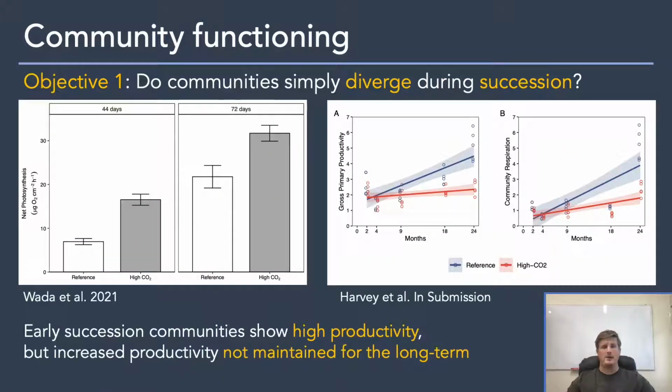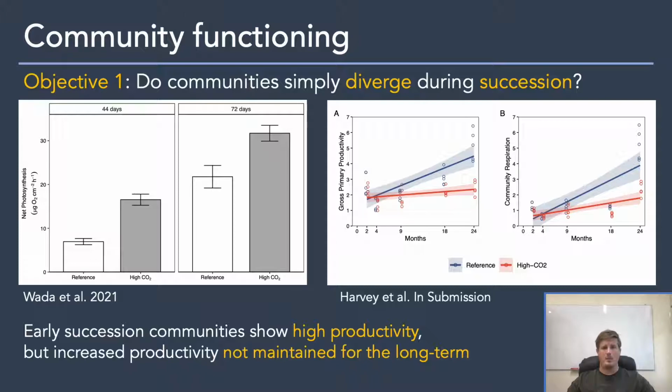Now, as well as in terms of the diversity, we're very interested in the functioning that these communities provide. And so in a short-term experiment, but different to the one previously, we also looked at some glass slides and then assessed the productivity of those early stage communities. And we actually found that in the very early stages, you would have communities that were more productive than the controls. And so it suggested that on the very early stages, there would be some boosting to the primary production.